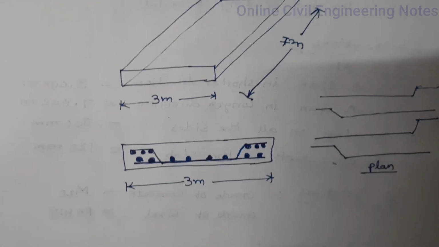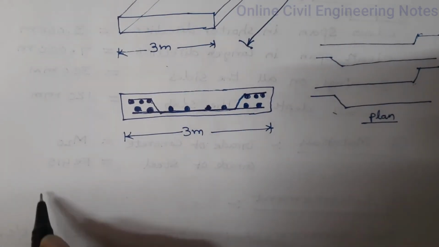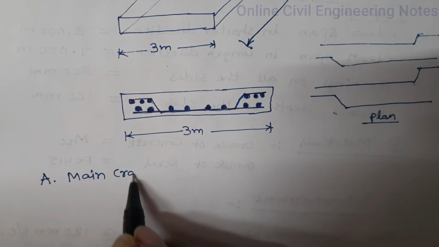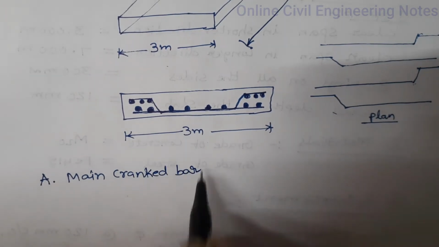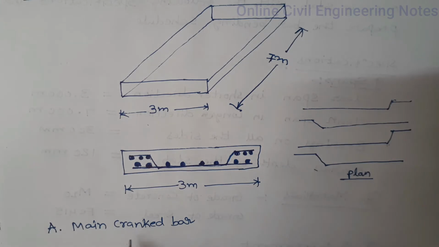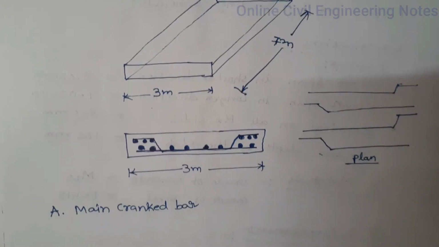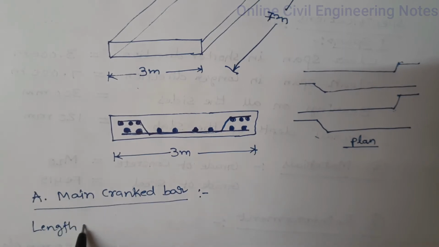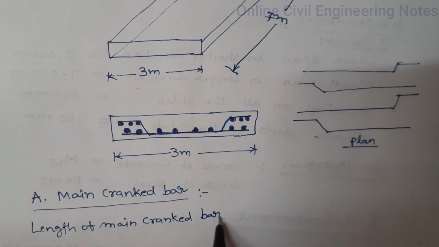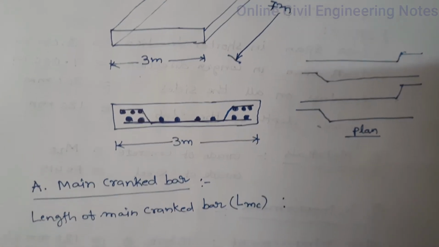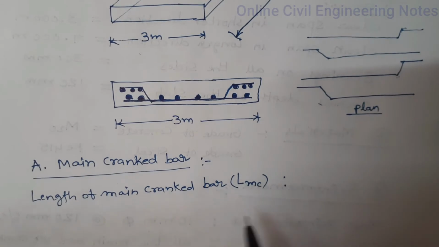Now find out the length of the main cranked bar. Say it is A, main cranked bar. See, the diameter of main cranked bar is 10 mm and it is cranked on one side. Calculate the length of main cranked bar. The length of main cranked bar, LMC, is equal to